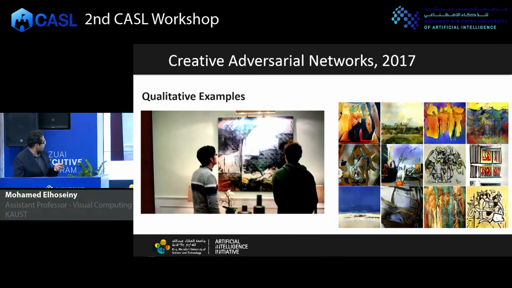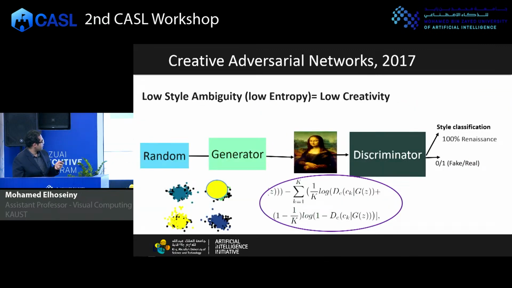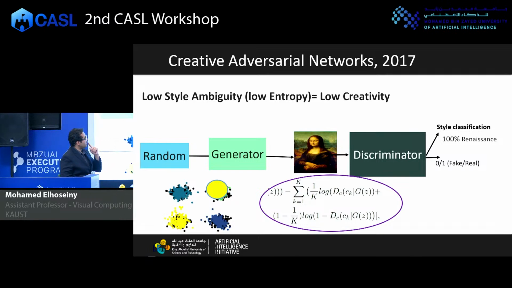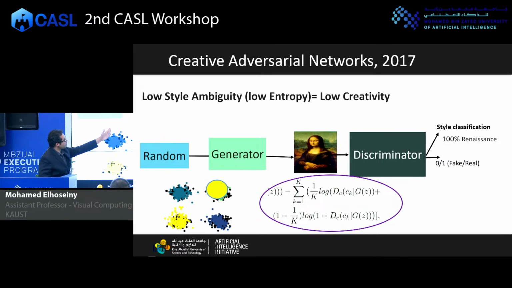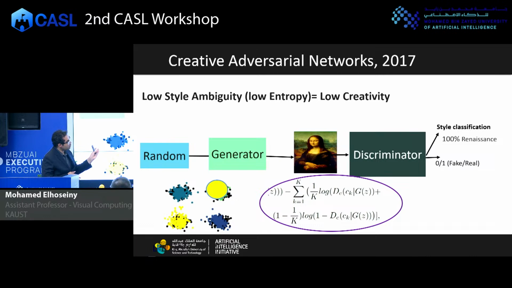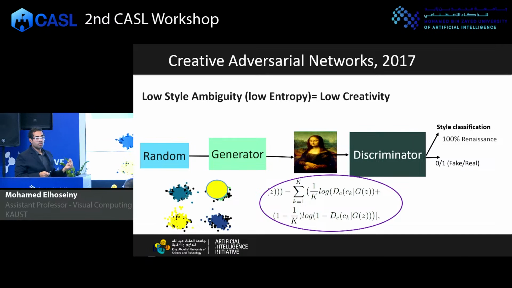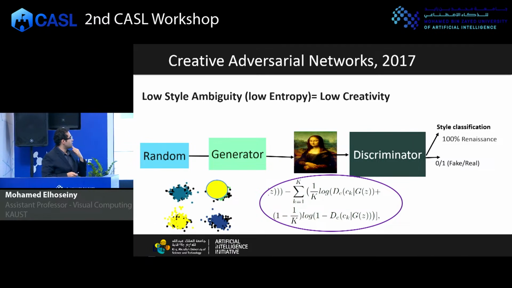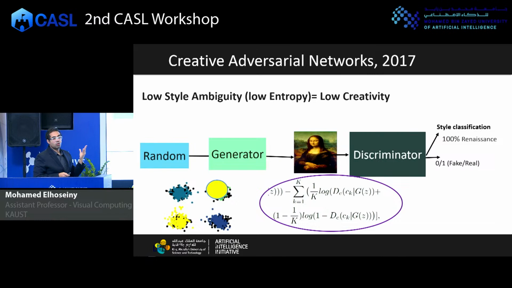Sorry, this is not what we want the generator to produce. If the generator were to produce something like this, it will produce something whose response over the style classification head will be 100% on high Renaissance and almost zero everywhere else, right? So it's easy to classify to existing art styles. This means it is likely to be seen, but this is not what we want. We want the model to produce some style that hopefully did not exist.